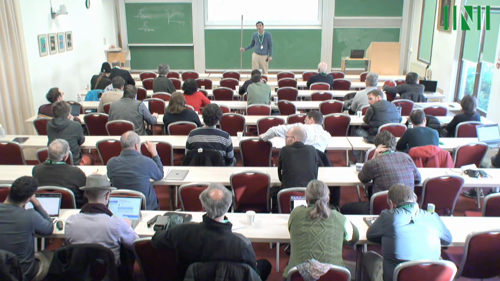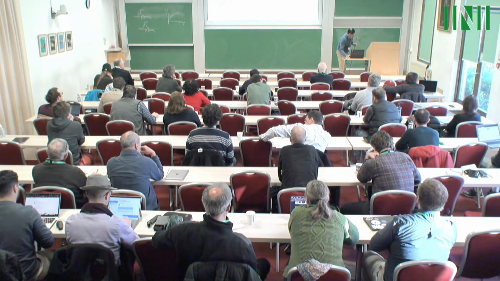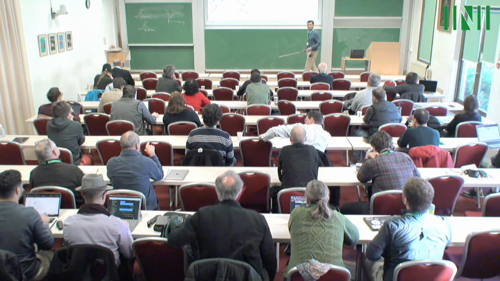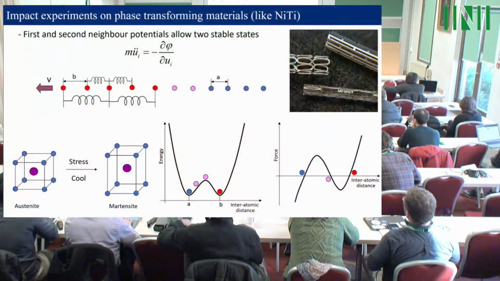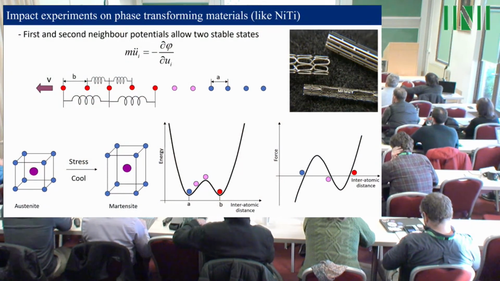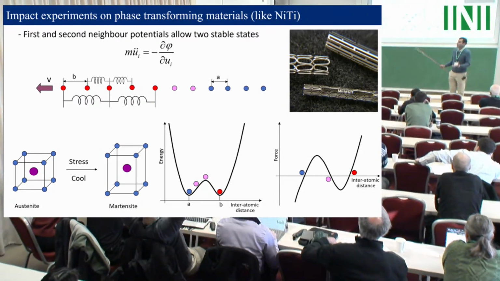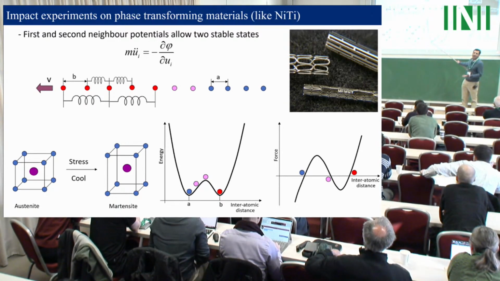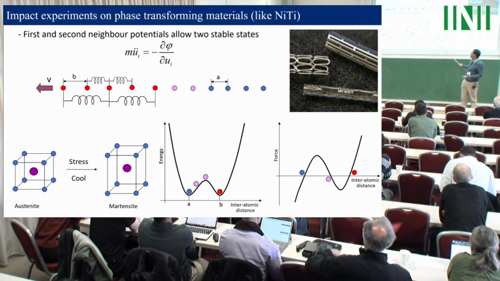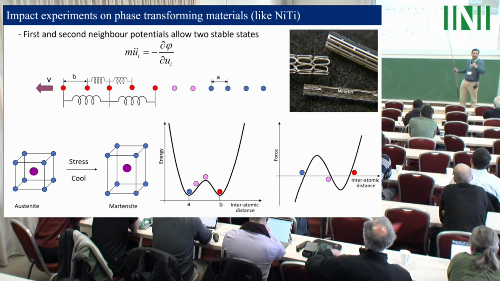I think you showed a potential which was quartic. Yes. But in all of your studies, you have a monotonic stress-strain relation. Are you talking about this one? Yeah. So when we think about austenite-martensite phase transitions, we usually think about an energy landscape which has multiple wells. In one dimension, this is the simplest example of a situation with multiple wells. That's the reason why we used this in many of our calculations on phase transitions and impact-induced phase transitions. But I wanted to understand your question a little bit better. I still don't get it.